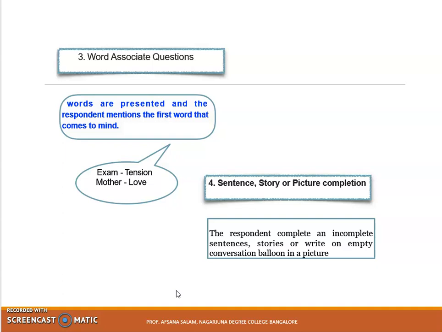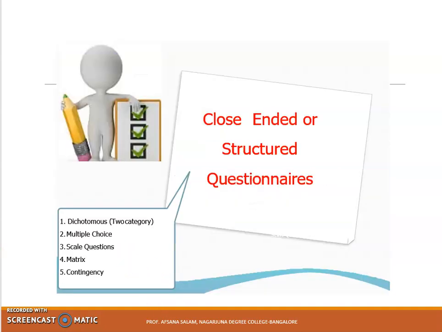You're expecting the respondent to view a particular story or a picture and then asking their opinion. So this is also based on the opinion, but there is no structure on what perspective you're asking. And then the next one is the close-ended question. Close-ended questions, or structured questions, have a certain structure, and you will have options.